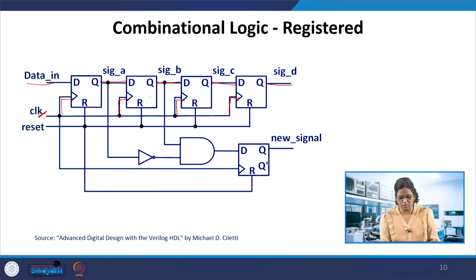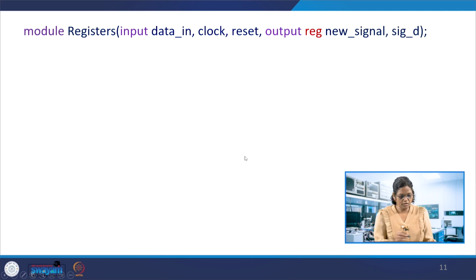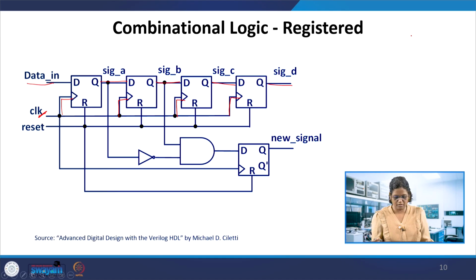Apart from the shift registers in the module, we have to have this combinational logic, which is registered at the output. So the module, say registers, has data input, clock, reset, and output new signal, and this is new signal D here. These are the two outputs.